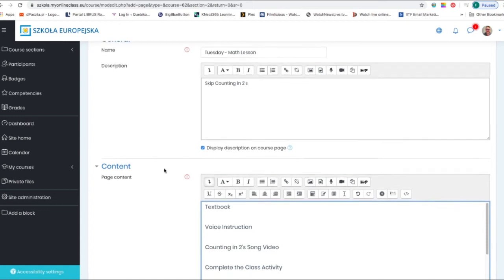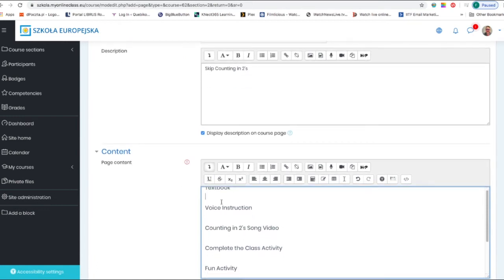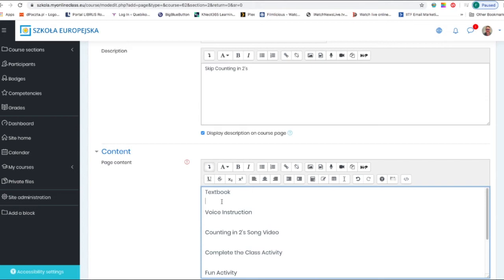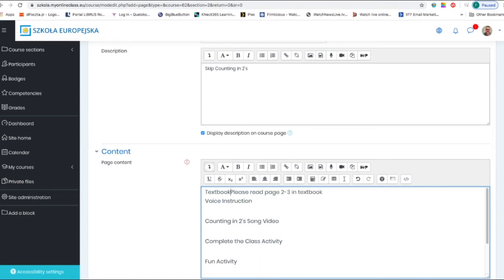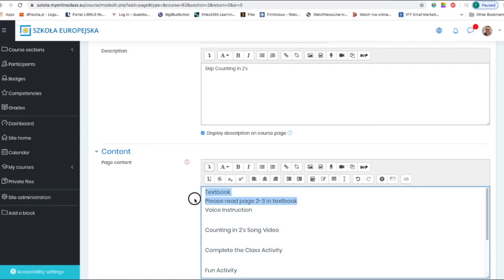So now I want to add my textbook information. So I can say, please read page 2 to 3 in textbook. And again, I like to just create some space between the headers, so I will push enter again, or you can do that, and just make sure that it's not set as a header. So it's just